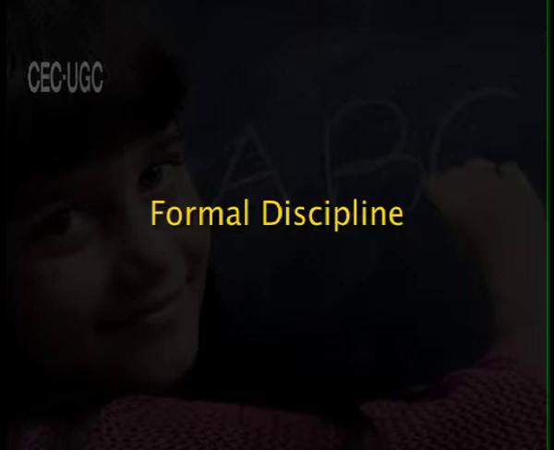The next area of this multidisciplinary approach is formal discipline. Formal discipline includes computer science, artificial intelligence, and linguistics, or the scientific study of language. Let us take an example of how children acquire sounds, words, and structures of their mother tongue or first language. Language acquisition research is concerned with questions of what children know, when they learn, and how they learn it. In today's world, computational approaches to language learning have become increasingly popular. But what does computational linguistics stand for?